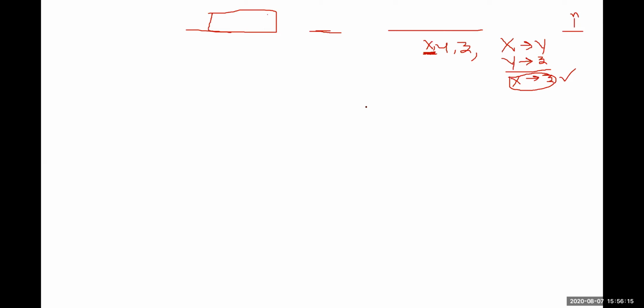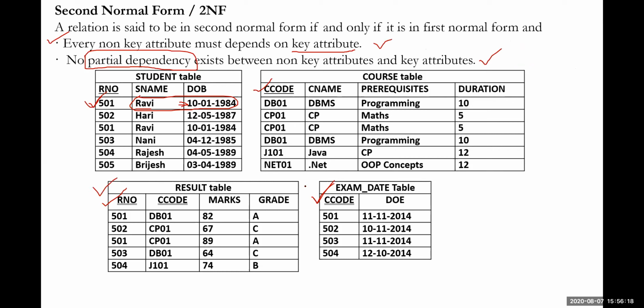Okay, look at the results table and marks table. Please go through the previous material. If you observe the examination table and results table, you could observe register number and course code. On register number and course code, marks will be dependent. There is no problem. On register number, comma, course code, marks will be dependent.